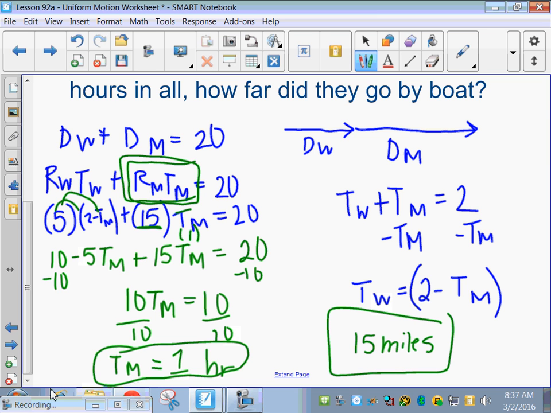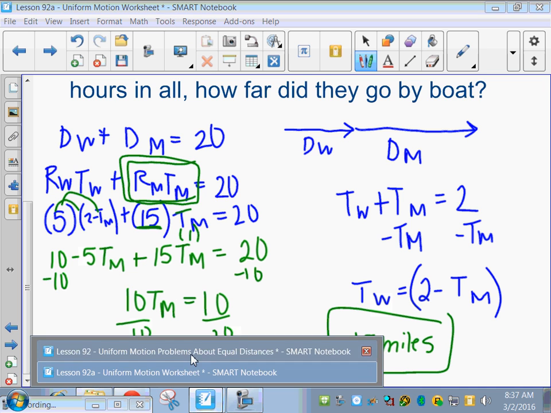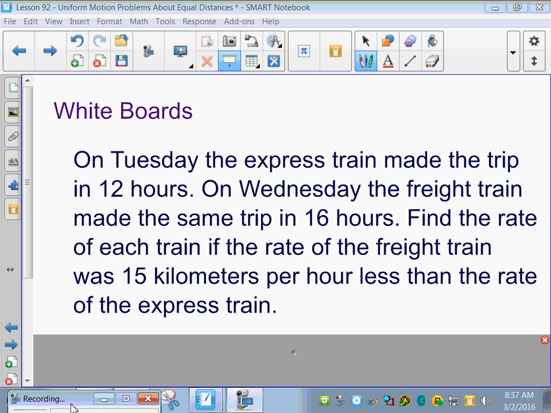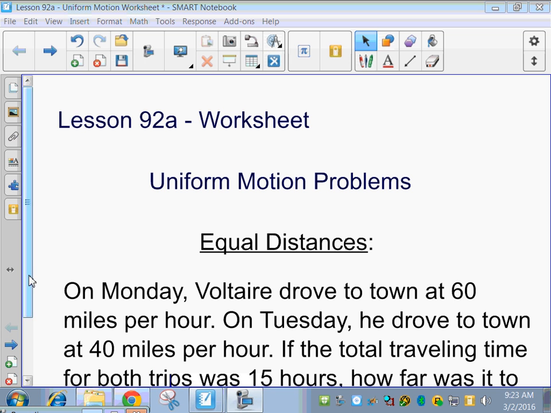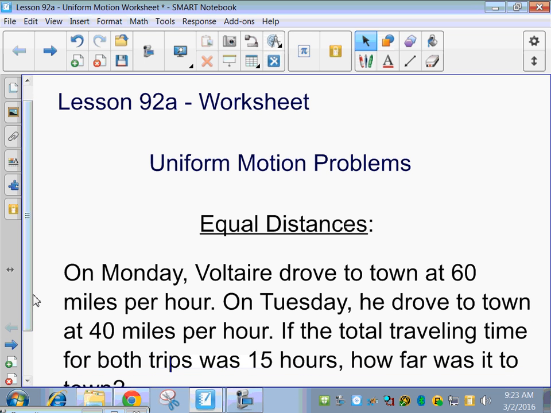All right, you guys, I want to try a couple whiteboard problems. So you guys try some of these. All right, since I forgot to record these yesterday, I'm going to add a couple of equal distances and some